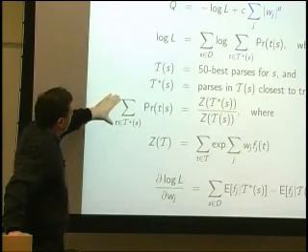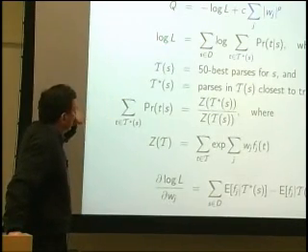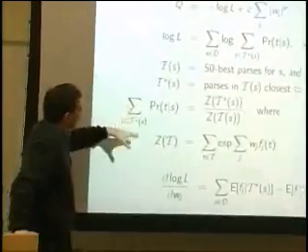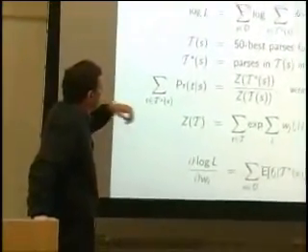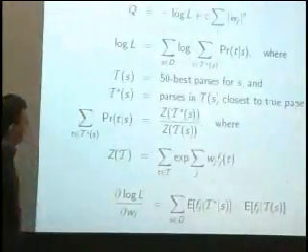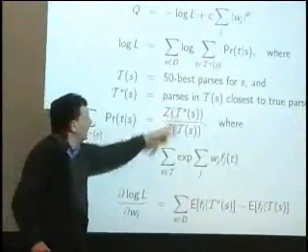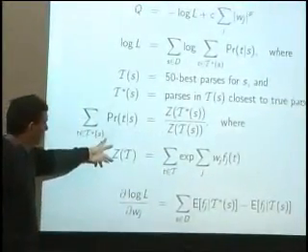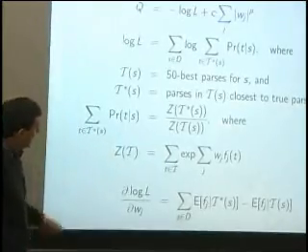What's also neat about this is that this is sort of diving down into details, which I've tried to avoid a little bit in this talk. But basically, if I take a look at this term up here, that turns out to actually be a ratio of two partition functions that are computed over two different sets of parsers. The partition functions are each defined over the set.